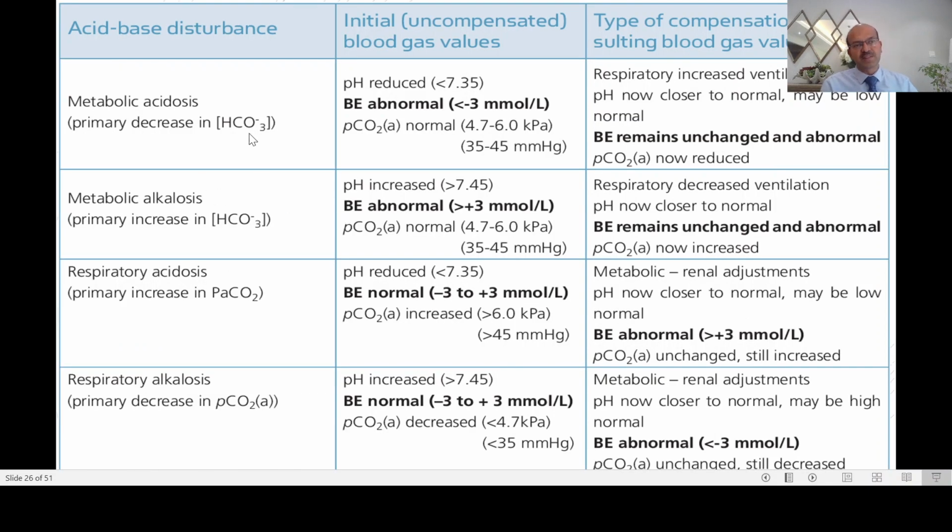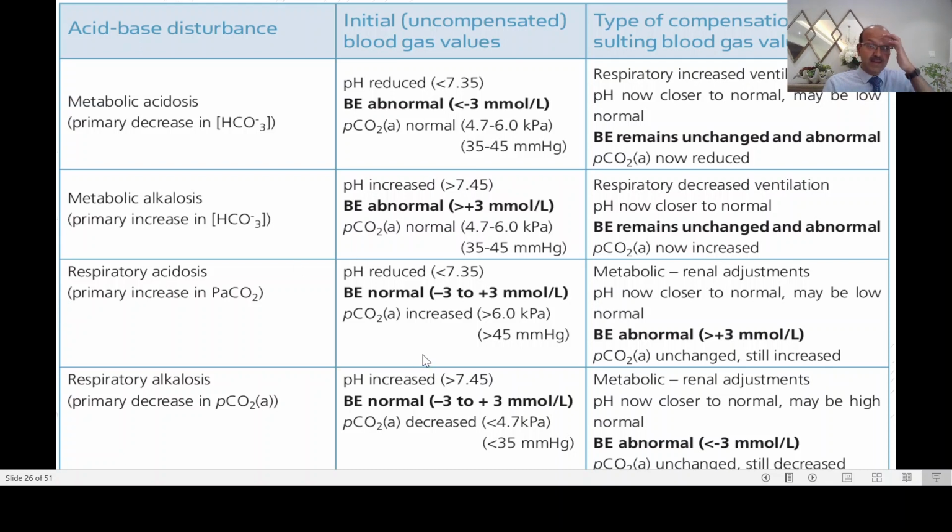So just a summary of what we discussed so far. In metabolic acidosis, if it is uncompensated, you get the reduced pH and the base excess is abnormal and reduced, that is negative. If it's compensated, the base excess remains unchanged, so that will be your guide. The pH direction may improve because of the compensation, where the carbon dioxide is now reduced. In metabolic alkalosis, we have the pH increased, the base excess is also positive, and the CO2 is normal in the uncompensated stage, but in the compensatory stage the CO2 increases.